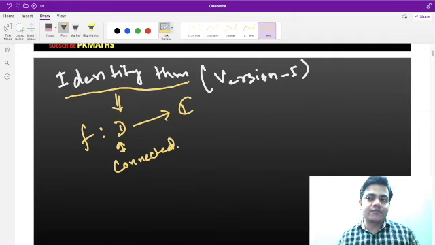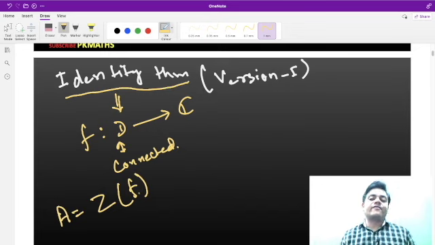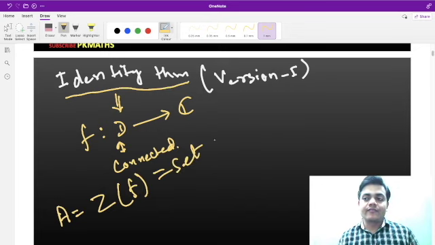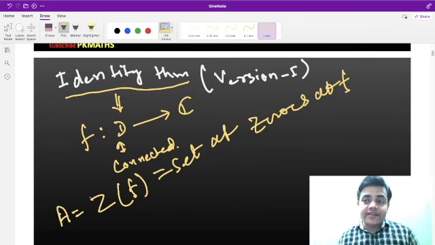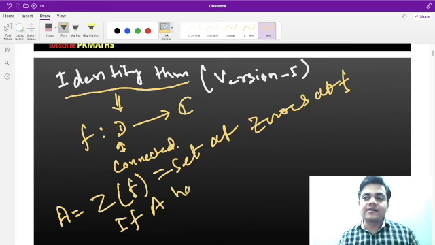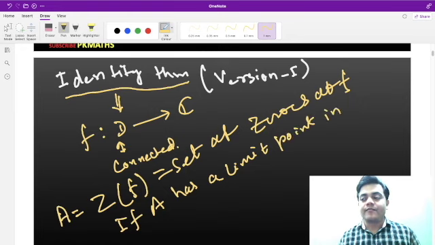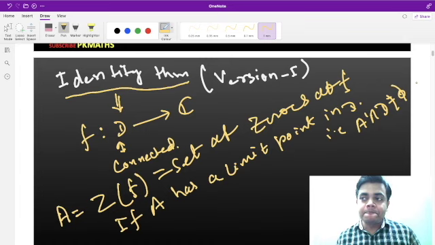And if you take a set A, which is nothing but the set of all zeros of f, and if this set A has a limit point in D, what does it mean? That A dash, the derived set of A, intersection D, is not equal to phi. If A has a limit point in D, then